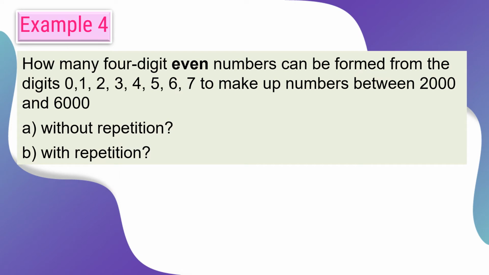Next, example 4. How many 4-digit even numbers can be formed from the digits 0, 1, 2, 3, 4, 5, 6, 7 to make up numbers between 2000 and 6000? Okay, firstly, we try to understand what information we have to form a 4-digit even number. How many digits? Starting from 0 until 7, so we have 8 digits. You want to form the numbers